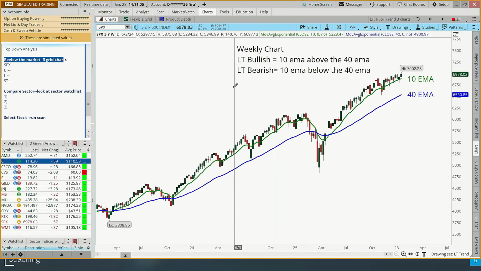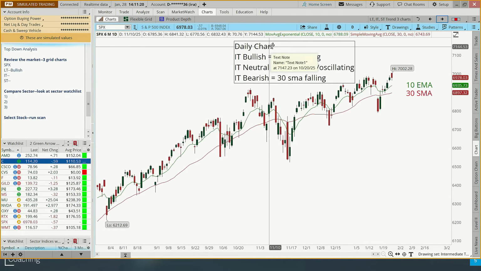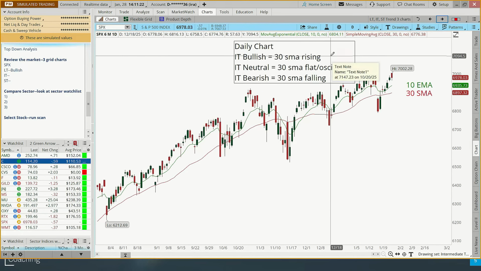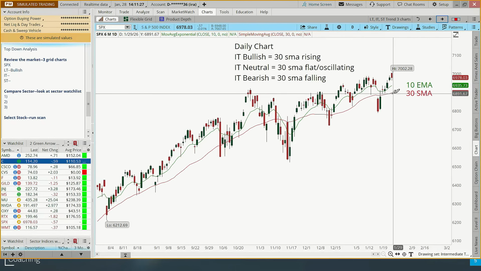Okay, and this is really fast and really easy. If the 10 period is above the 40, we're going to be long-term bullish, period, done. You know, that's all it is. All right, and then we go on to the next chart. Now, this one here is kind of interesting. The method is to look at the direction of the 30-period moving average, the red line, to look at the direction that it's going. So this one's starting to head up again. So if you wanted to be intermediate bullish, you could do that.